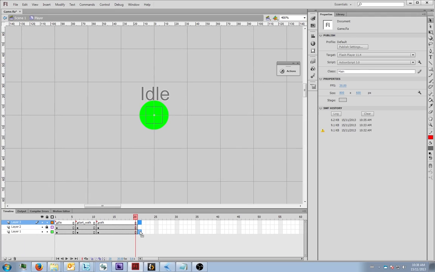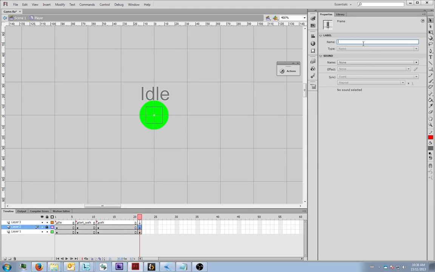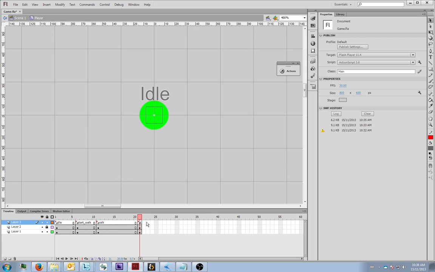So this one's going to be 6. Start. Wrong frame. You can have multiple frame labels on a frame, but it's probably not a good idea. I don't know how it resolves, but start jump. Make the start jump also 5 frames. And then,